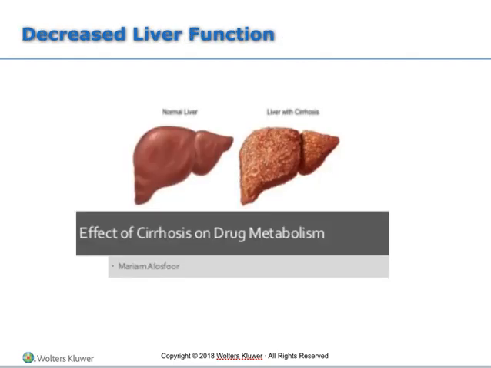Okay, so let's talk decreased liver function for a second. Decreased liver function can happen due to age or a disease process such as cirrhosis. If there's decreased liver function, there's a higher risk of drug toxicity, which hopefully everybody remembers from pharmacology. The liver is such an important organ, and if it's not functioning properly, you're going to see alterations in albumin,